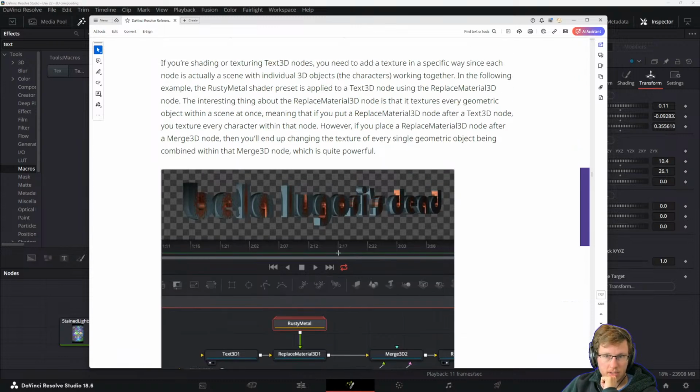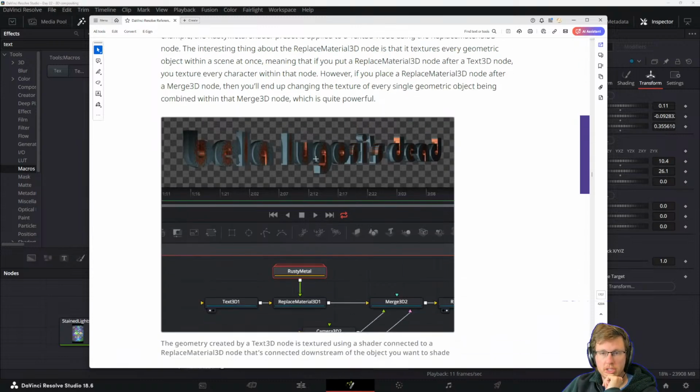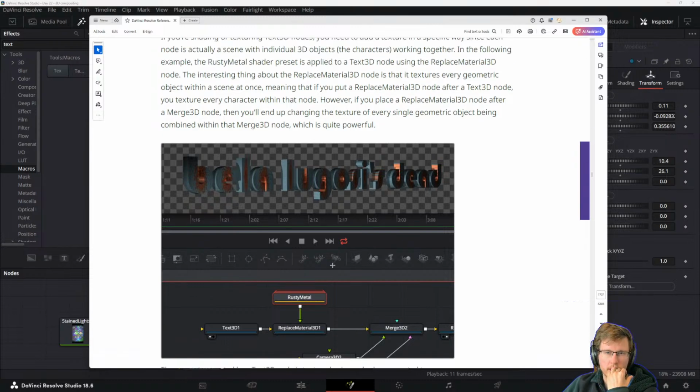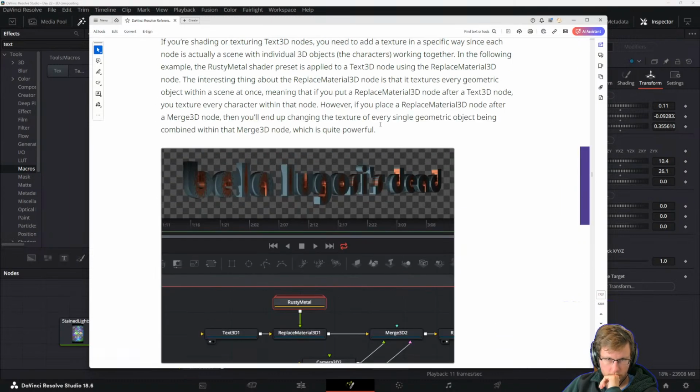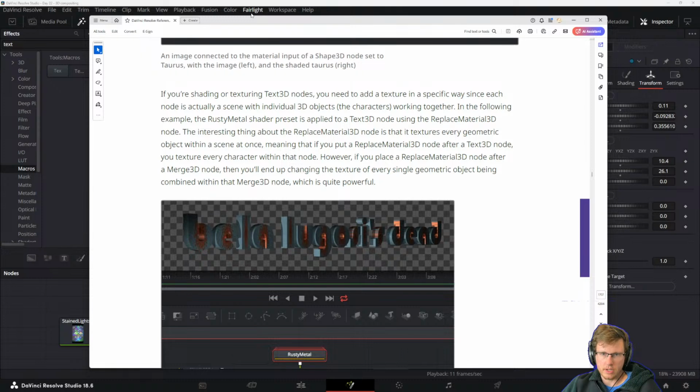Oh, you can add the replace material ID. It's like rusty metal. That's going to be in the tools and presets. You can add that as a replace material 3D. Oh, okay. That's a whole other thing. Okay, so I think tomorrow, like I said, it's going to be a two-day section. So I'm just going to probably pick up tomorrow from here, skim through, try the stuff that we didn't try yet, like replace material ID, and keep exploring